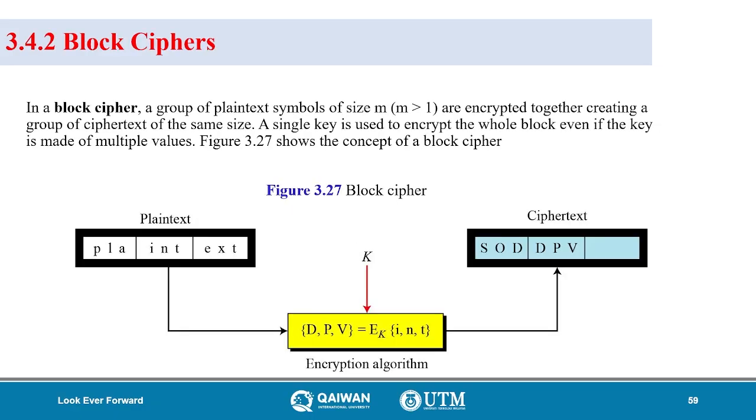Now we have the block cipher. In the block cipher, a group of plain text symbols of size m, and of course m is greater than 1, are encrypted together, creating a group of ciphertext of the same size. So as you can see from here, the plain text